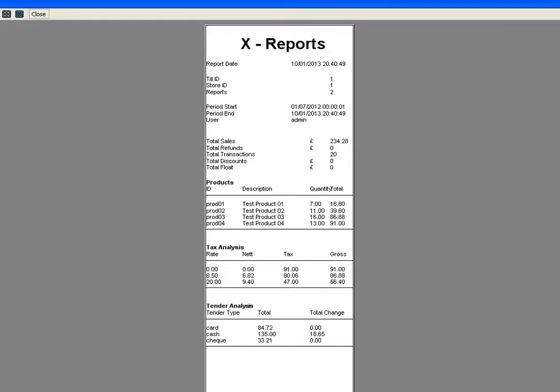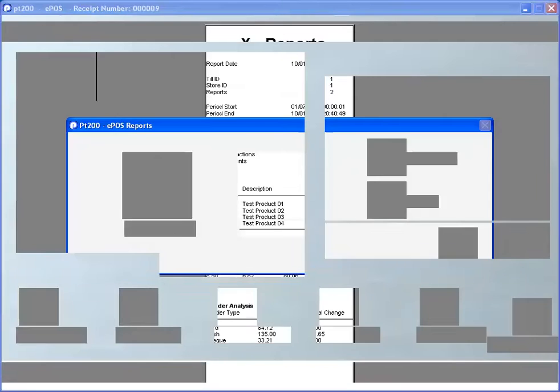There's a tax analysis, so the amount broken down by the tax rate. If you are tax registered, then this would break it down per the tax rate. And then there is the tender analysis, which gives you the payment types, so there's the card, the cash, and the cheque, the total value of those, and the total given as change, which should only be in the cash area. So if we close that report now